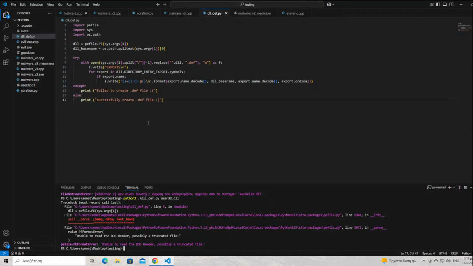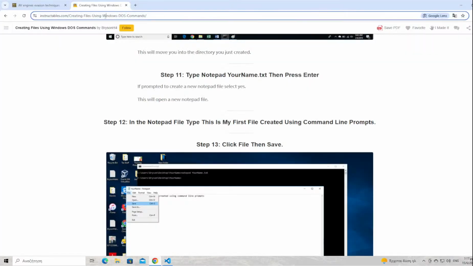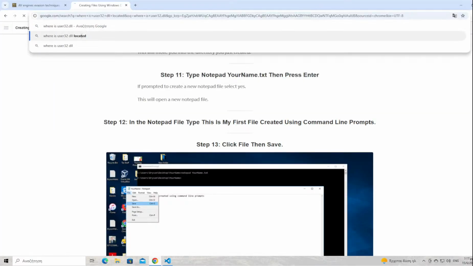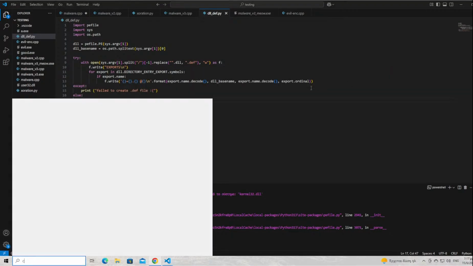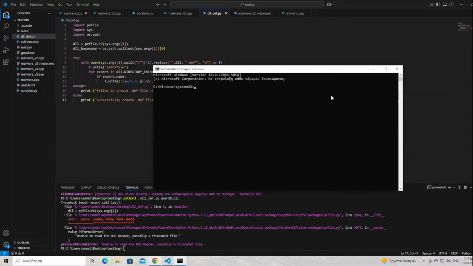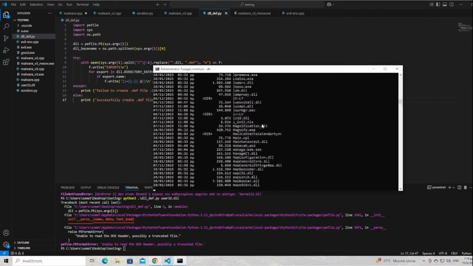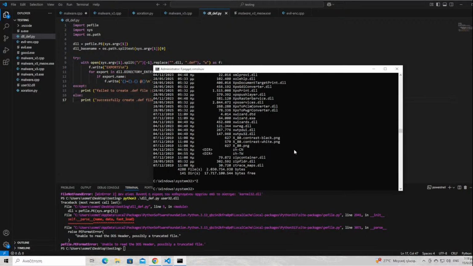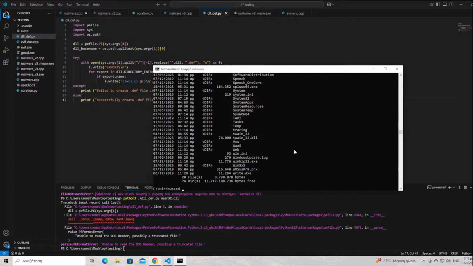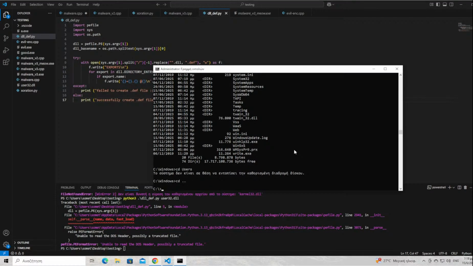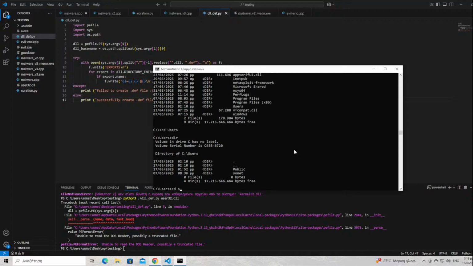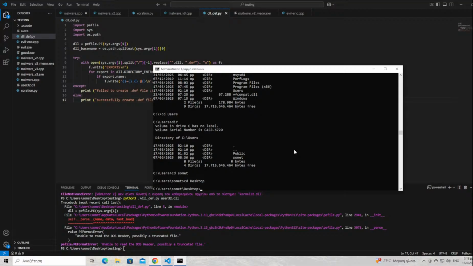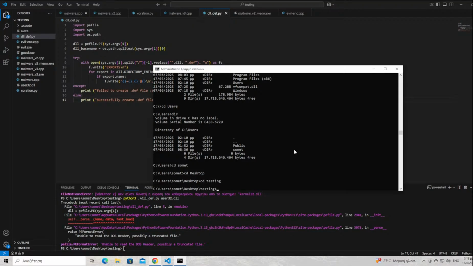Unable to read the DOS header. Okay, so this needs to be... where is user32.dll located? Amazing. Let's go. Oh, I think I need to be an administrator. Yeah. dir. Okay, yeah, it's probably okay. Let's go cd, so we can dir users. cd users, cd dir, cd sum, cd desktop, cd testing, and we copy